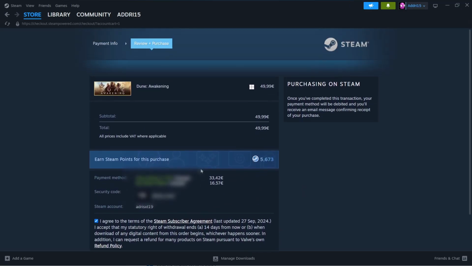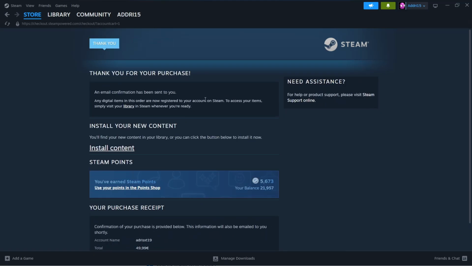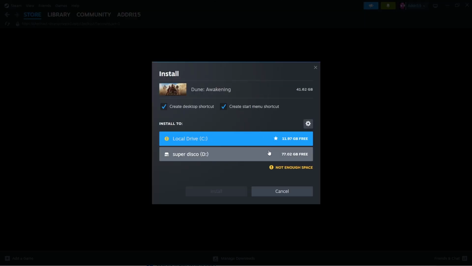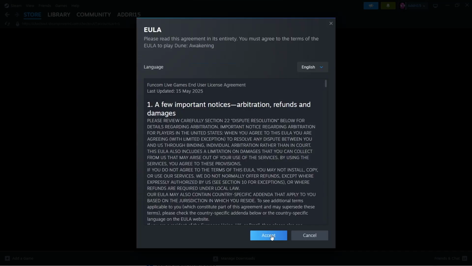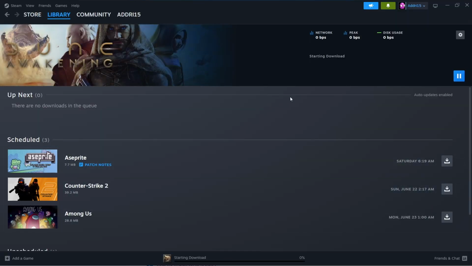So after you buy it, you have 2 hours to try the game. You can click on install content and this will begin installing the game. So choose a drive, in my case it will be this one, install, and depending on your internet speed this